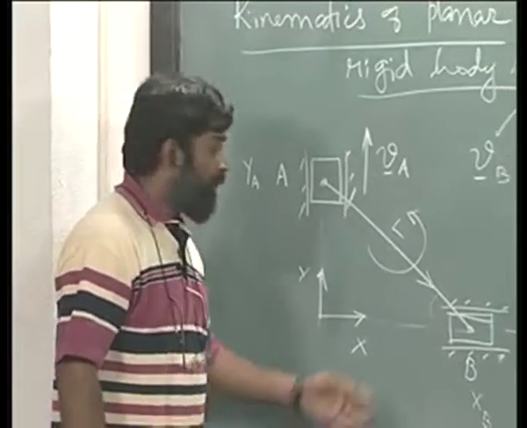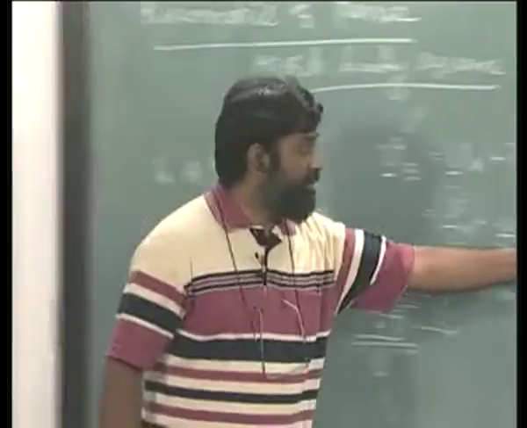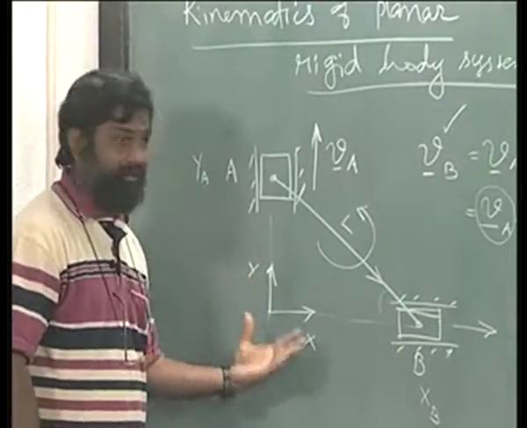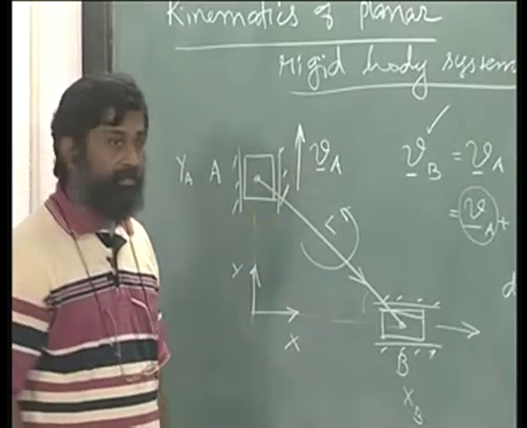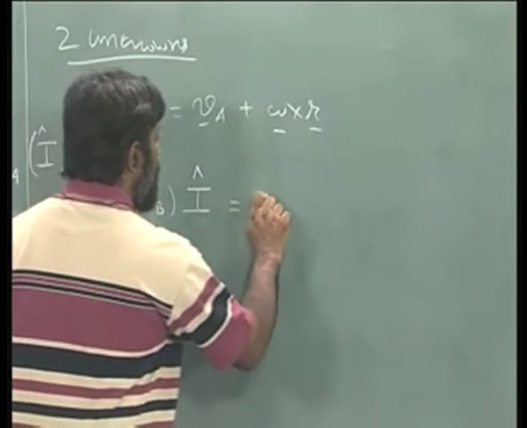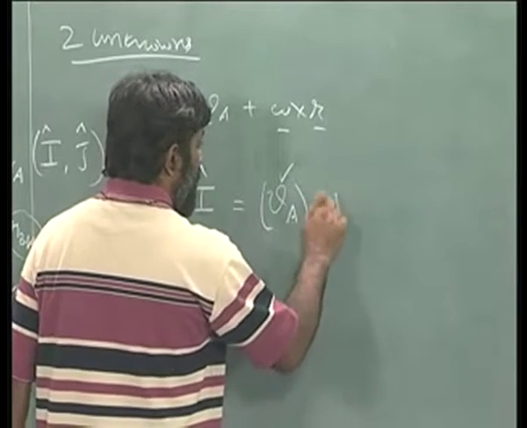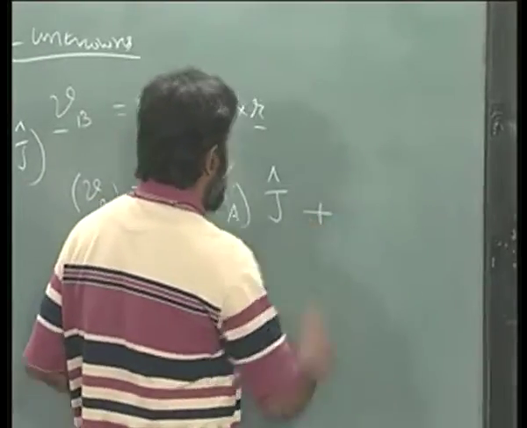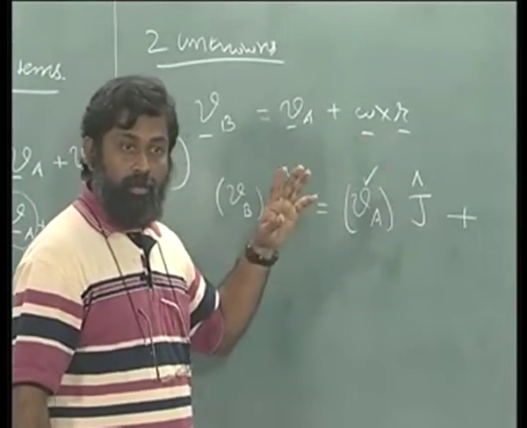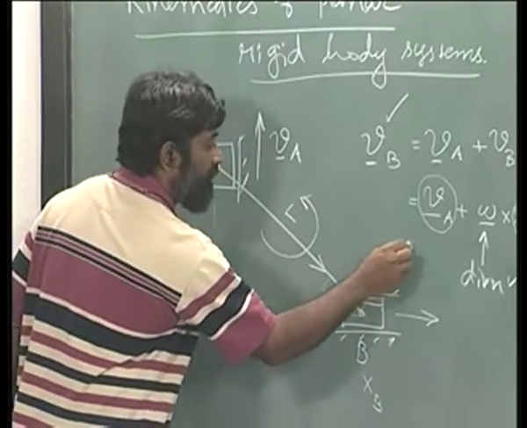Now, I am just going to assume this direction. If I get a value that is negative for Vb, then it will be in the other direction. Whereas for this I know the direction given, Va is some quantity that is given to me. So this is Va that is given, and it is directed along positive J, that is already known, plus omega cross R, the direction of which is already known to be like this.